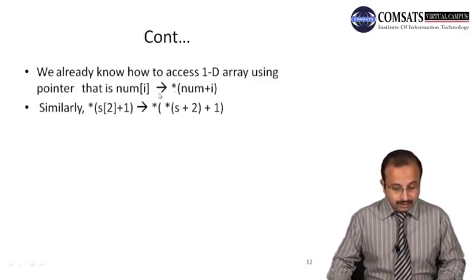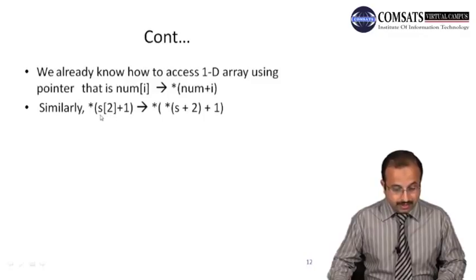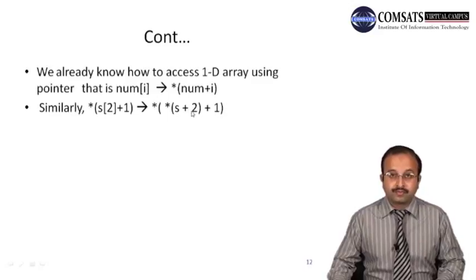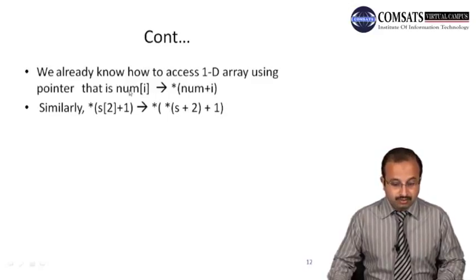Similarly, this is a 1D array s of 2. We can write s of 2 as *(s + 2). ठीक है? जिस तरह से हम इसको लिख सकते हैं num of I को *(num + I). Similarly, we can write s of 2 as *(s + 2). So this whole thing will become *(*(s + 2) + 1). So first it will solve this part, and this will give you the address of